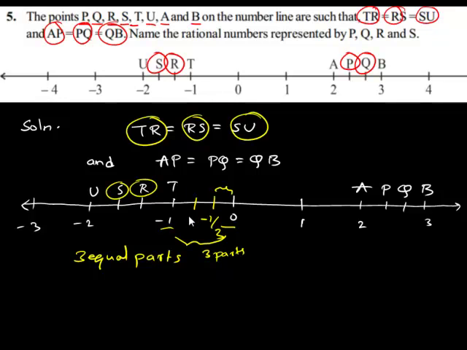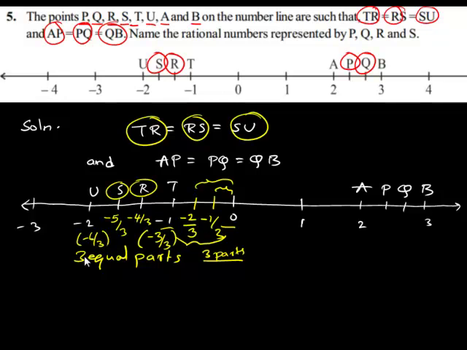Similarly, the next point will be -2 upon 3, which is 2 parts out of the 3 parts, and -1 can also be written as -3 upon 3, and the next point will be -4 upon 3, which is the next rational number after -3 upon 3, and this will be -5 upon 3,